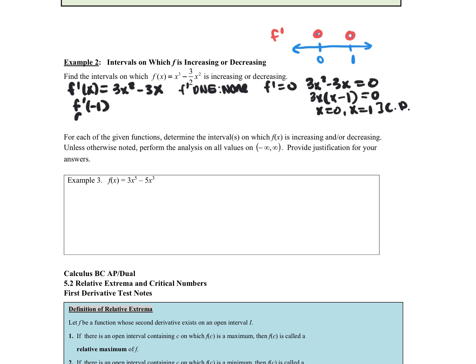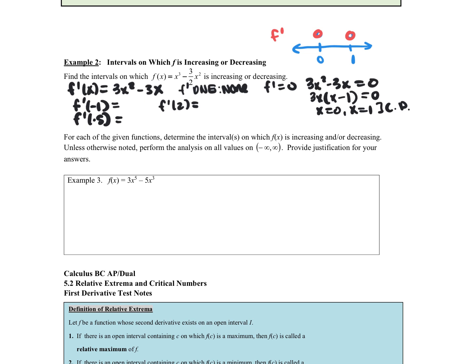We could plug in -1. That will tell us what's happening before 0. We can plug in 0.5 to tell us what's happening in this interval, and we can plug in like 2. Is 2 an okay number to plug in to figure out what's happening in this interval? And the good news is you don't have to find the exact value, because all we're interested in is what about